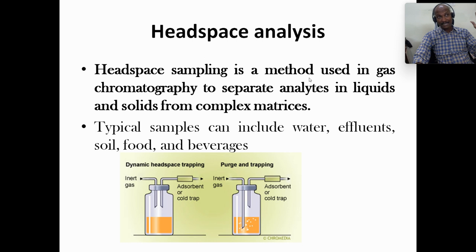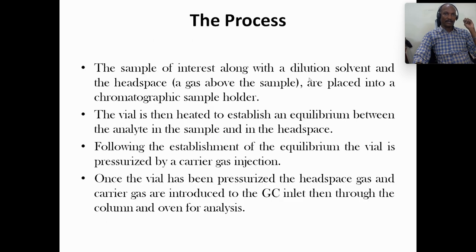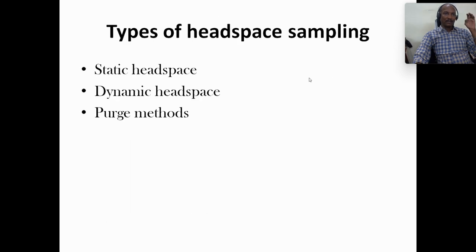So what is headspace sampling? Headspace sampling is a method used in gas chromatography to separate analytes in liquids and solids from complex matrices. Typical examples include water, effluents, soil, food, and beverages. Next, what are the different types of